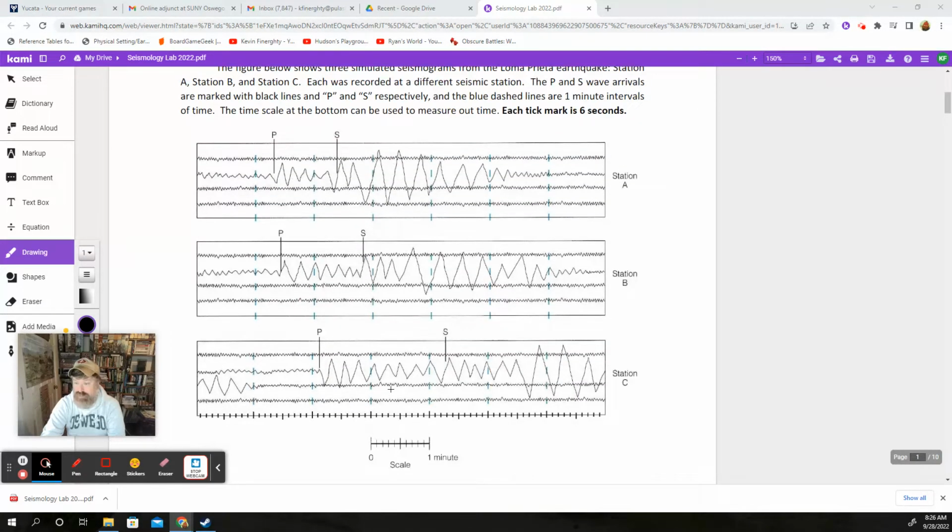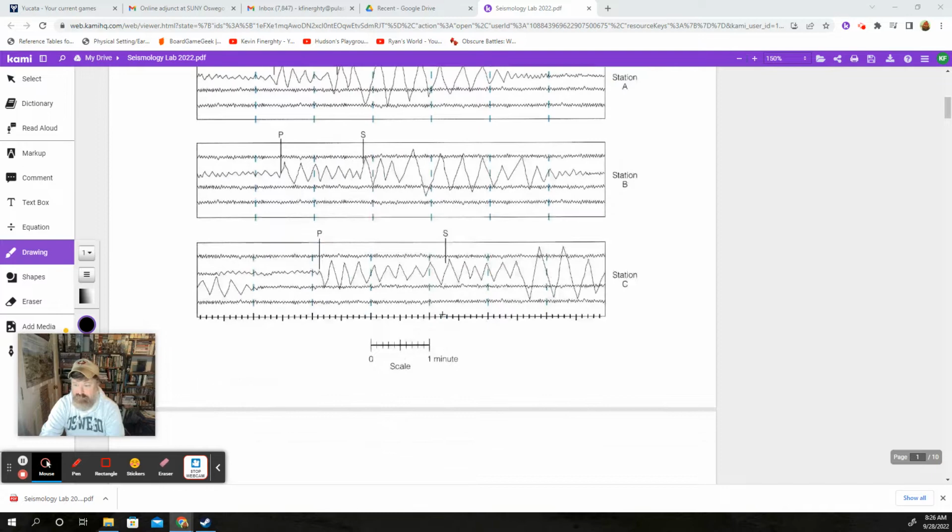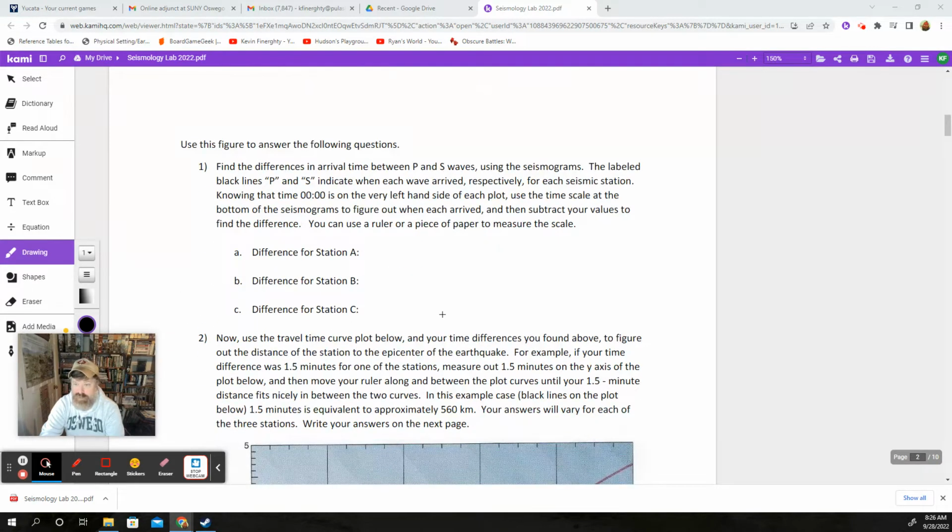But I really do think your life's going to be easier if you print these, because then what you can do is this scale right here. It's marked on the bottom one, but not on the others. You could copy that onto a little piece of scrap paper, and you could see exactly how far apart these are. So just break it down by minutes, see how far apart it is, and you'll be in good shape.